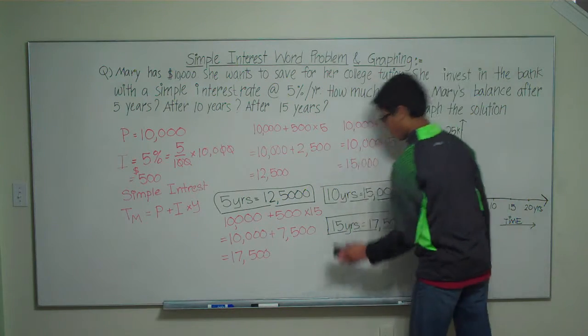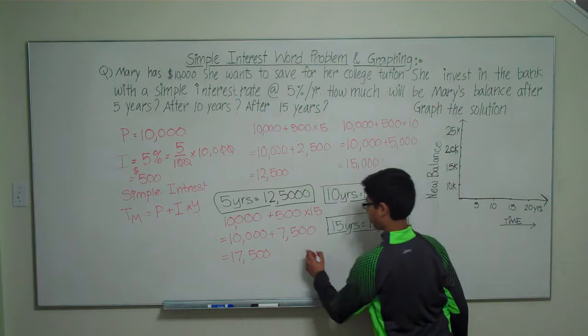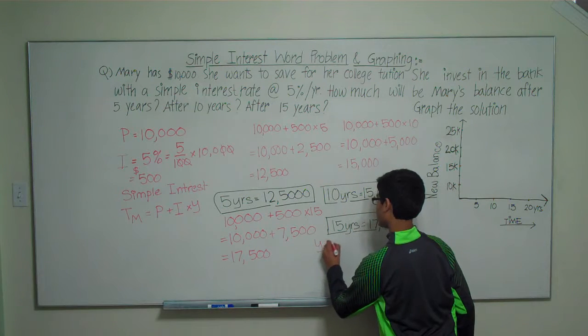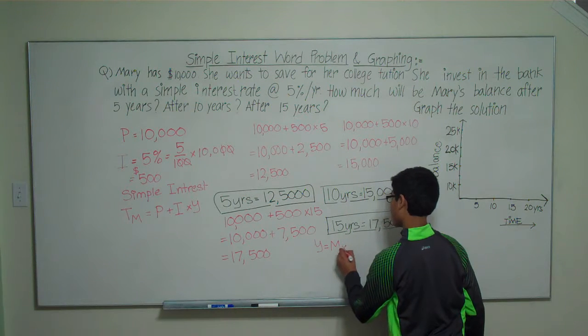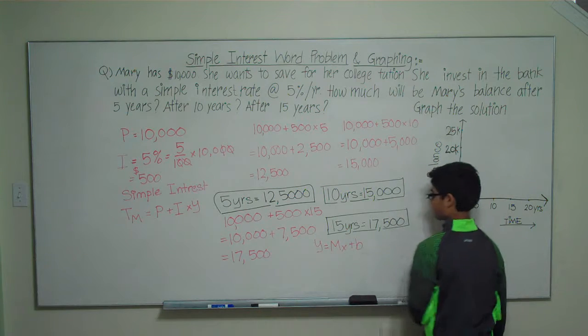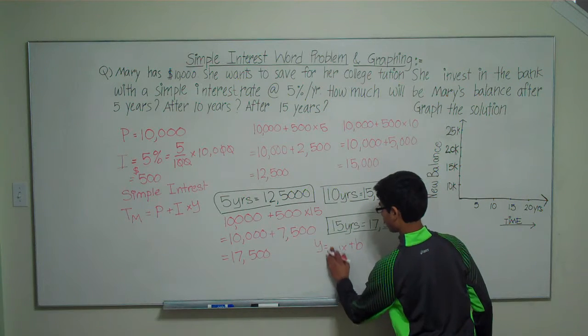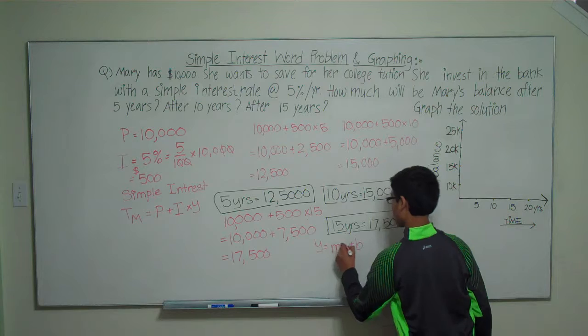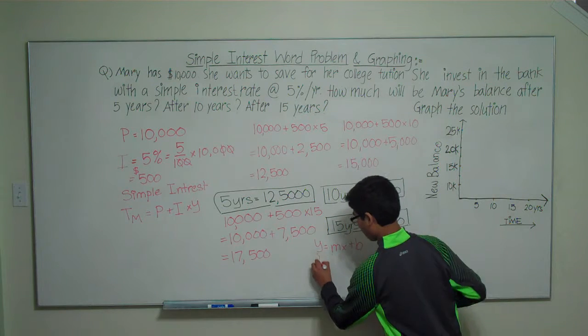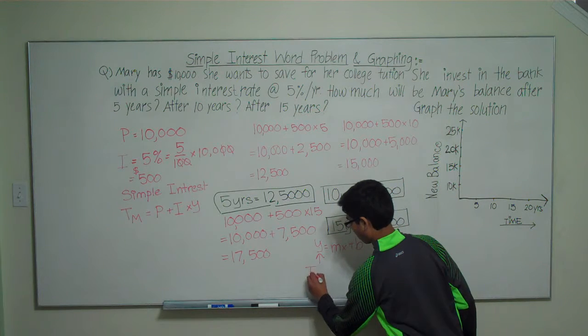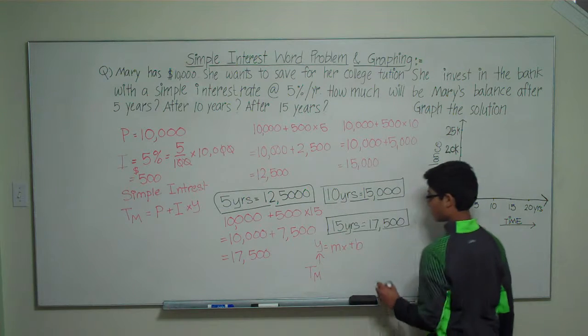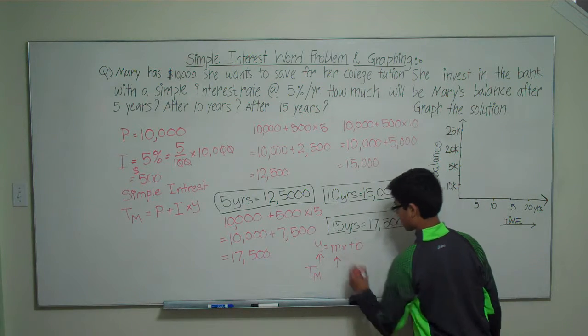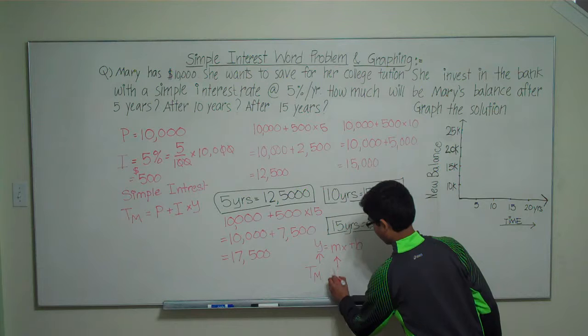The formula for slope-intercept form is y is equal to mx plus b. Where y is the total money, T for total, M for money, m is the interest, I for interest,